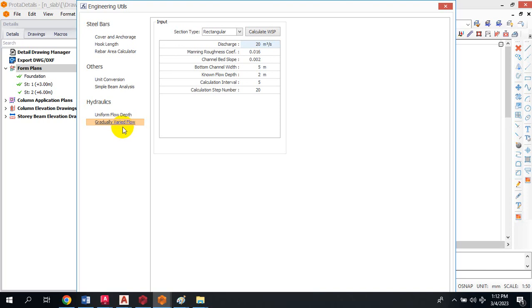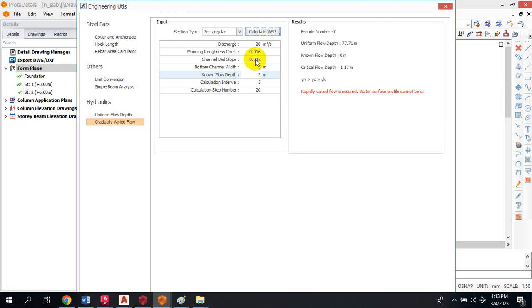Also for gradually varied flow, you can pick the type of section, whether it's trapezoidal or circular. So if you know all that, you know your slope, you know the bottom, you know the depth, it will just calculate. Once you click on calculate, varied flow is occurred, water surface profile cannot